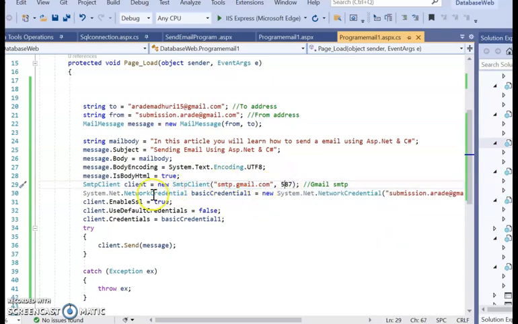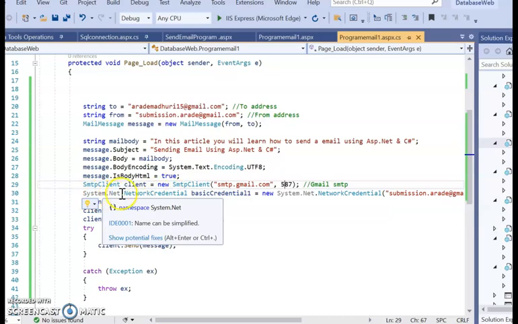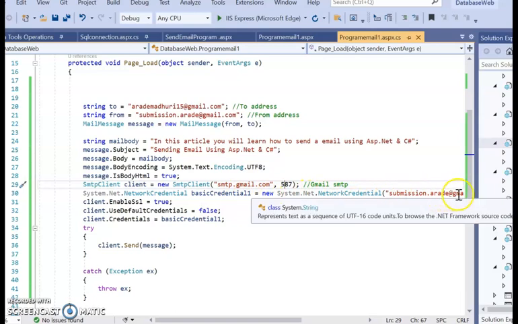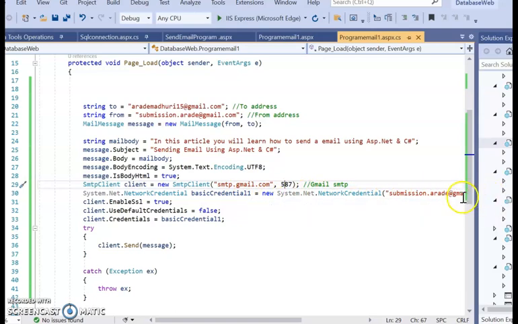Then this is also an important line: System.Net.NetworkCredential basicCredential, new NetworkCredential with submissionrd@gmail as the first parameter, and the second parameter will be your password. Then EnableSsl is equal to true, and next, client.UseDefaultCredentials false, and it will use the credentials provided by us.